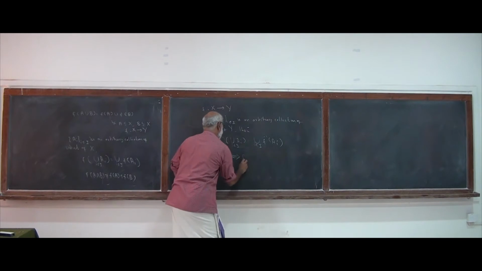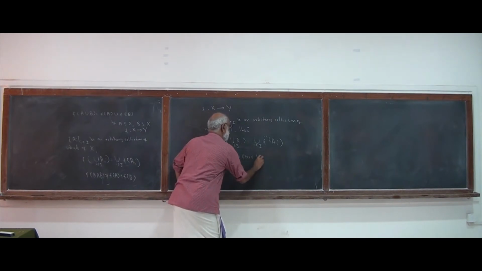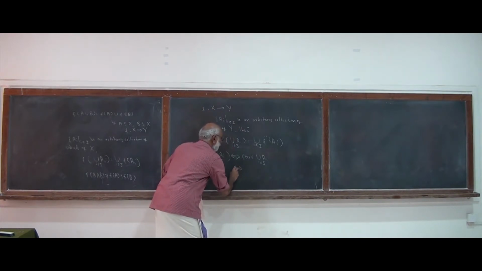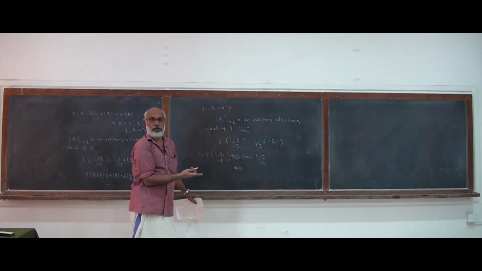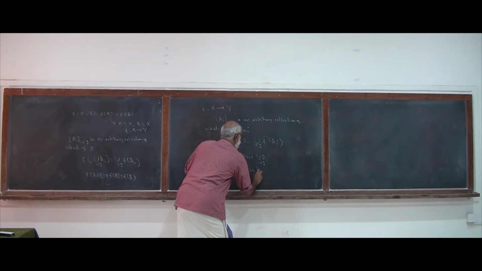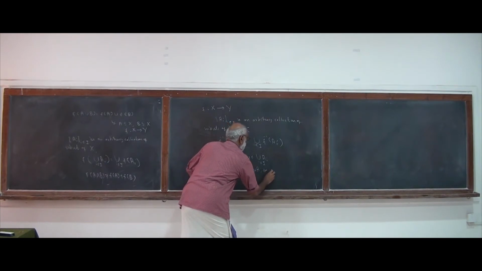That is, f of x belongs to the union of A_i. And an element belongs to a union if and only if it belongs to one of them. That is, if and only if f of x belongs to A_i for some i,